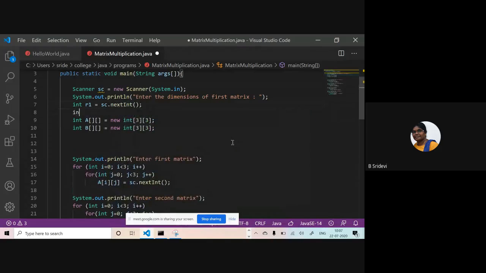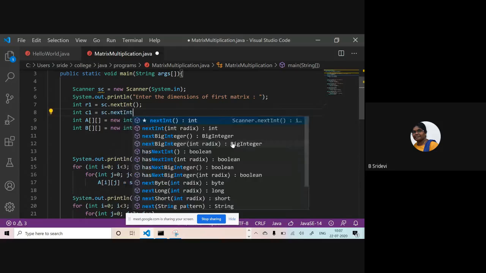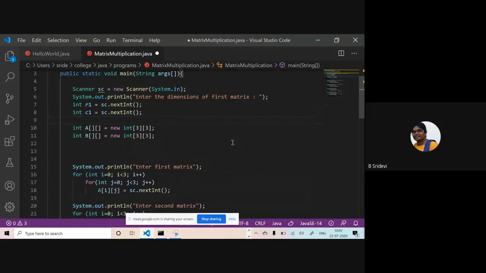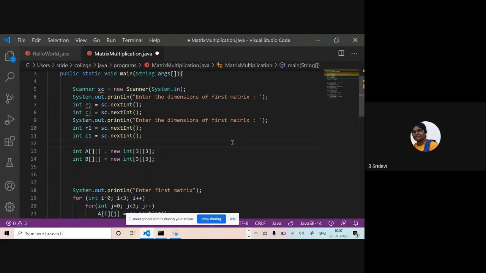That's all. int C1 is equal to sc.nextInt. So these are the dimensions of my first matrix. And again, I want to read the dimensions of my second matrix. Let them be R2 cross C2.